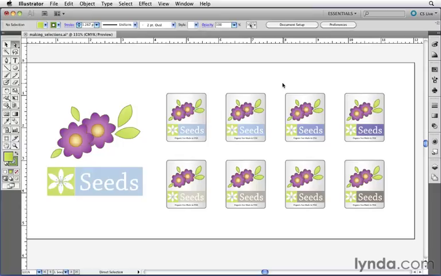There is one thing to keep in mind about these two settings, the Select Same and the Select Object commands, and that's, of course, if objects are locked in your document, those objects will not become selected even when you're using these functions. So if you find yourself working with files that someone else created and you want to use any of these select functions, it might be a good idea to make sure that everything is unlocked before you use them.